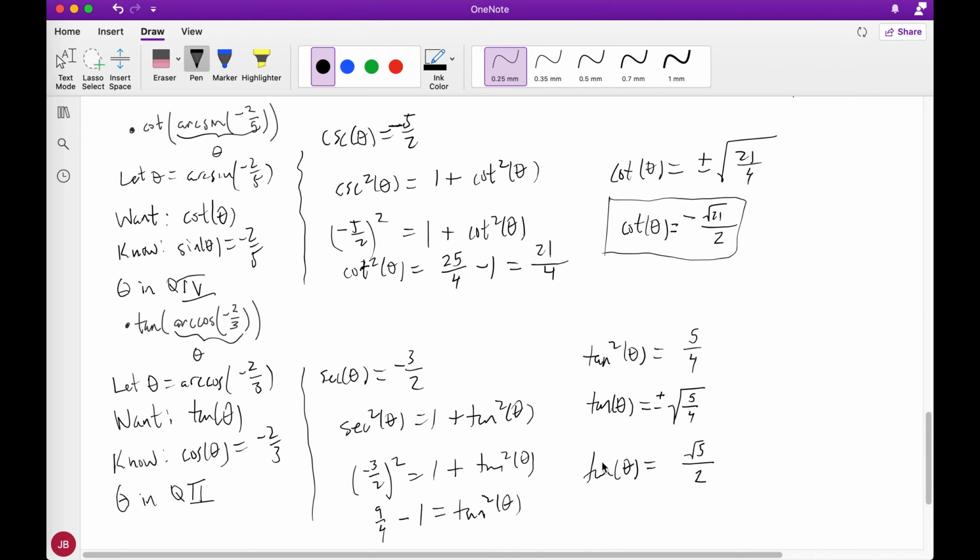Okay, so we get here, and we see that the tangent of theta is plus or minus the square root of 5 over 4, which reduces to root 5 divided by 2. And now we need to know if we have a plus or a minus here. Well, since theta is in quadrant 2, the tangent of theta is going to be negative, right? And so we get a negative answer. And that's what we were looking for, right? If we're calling this arc cosine of minus 2/3 theta, we wanted to find tangent of theta, which is what